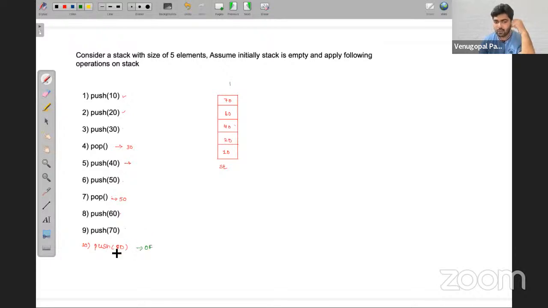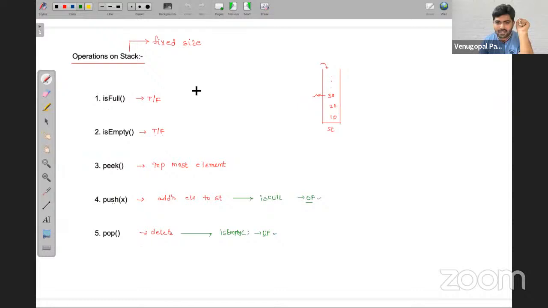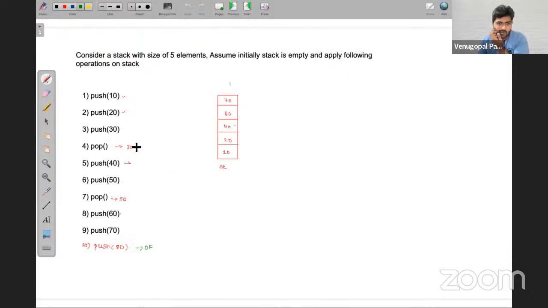That's why whenever you are doing a push operation, it is always advised to check the overflow condition. Okay, cool. Right now, pop, and that element will be gone. So this is how basically stack operations will work. Now you need to know how it is actually implemented internally, because these are all user defined functions. We defined push and pop, friends. Now how is it internally implemented?